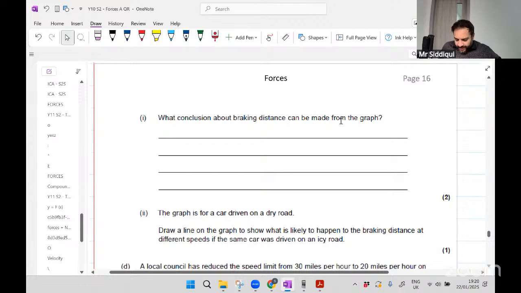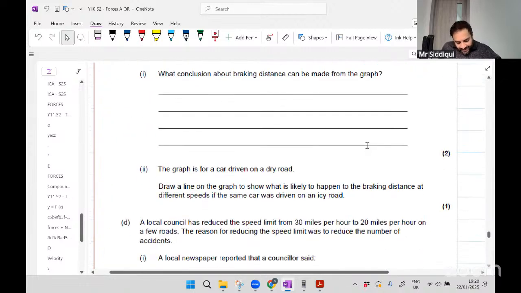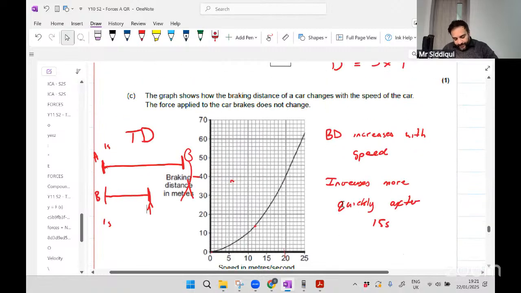What conclusion about braking is going to be made? We've done that effectively. The graph is for a car driven on a dry road. Draw a line about what is likely to happen to the braking distance at different speeds if it was driven on an icy road. Well, look, the best way to do this is to go,